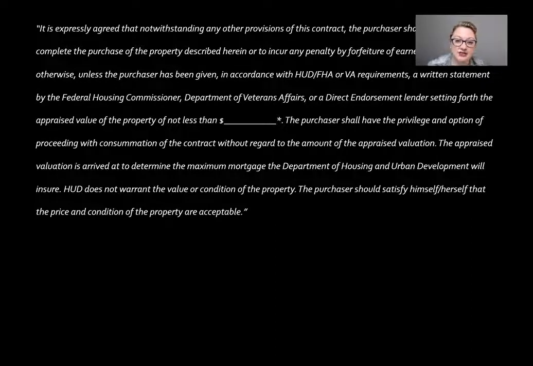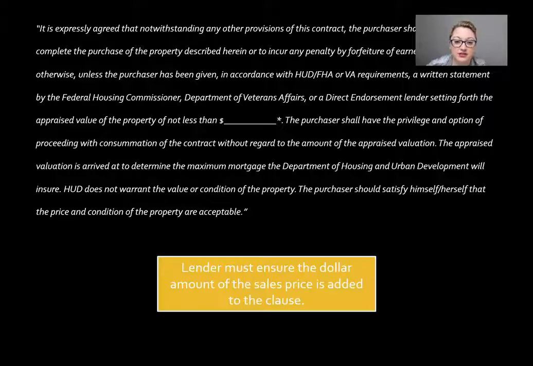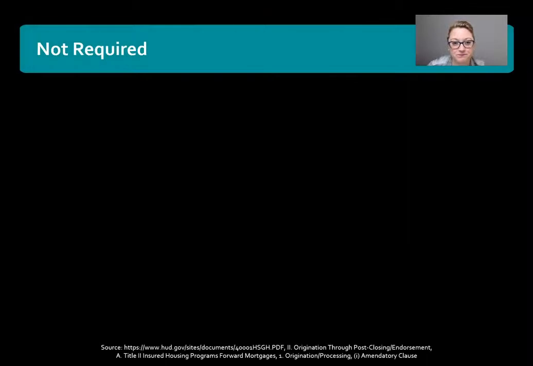And as you can see here in the middle section, there is a part where the lender must ensure that the dollar amount of the sales price is added to the clause. So the only time the lender would need to use this actual clause is if they didn't use that initial direct endorsement. Now, when an amendatory clause is not required is for HUD REO sales, so HUD foreclosures, 203K mortgage, so